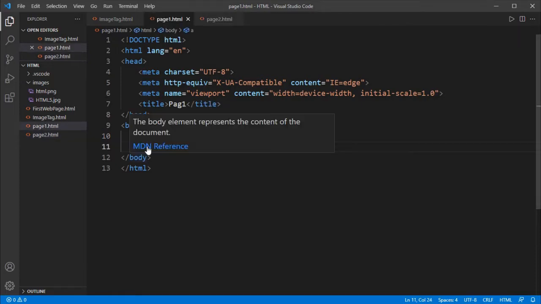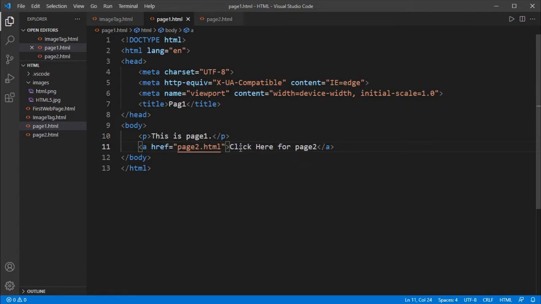Whenever you create a hyperlink, the hyperlink text is displayed with a blue color and underline effect. That is the default functionality of a link text. When we click on it, it turns red, which means it is in the active state. After visiting page2.html, whenever you come back again, it turns a purple color. Let us run this one.